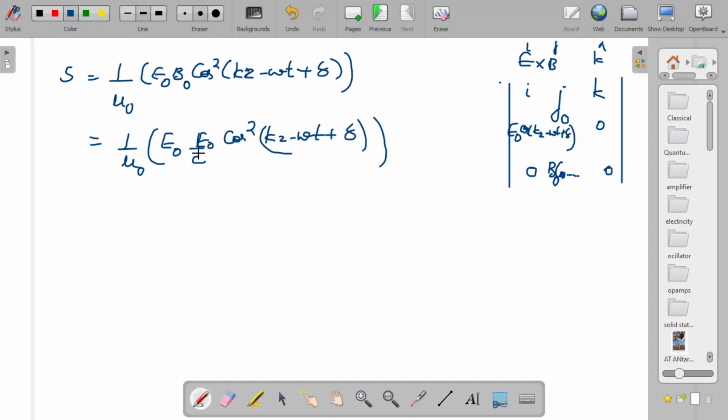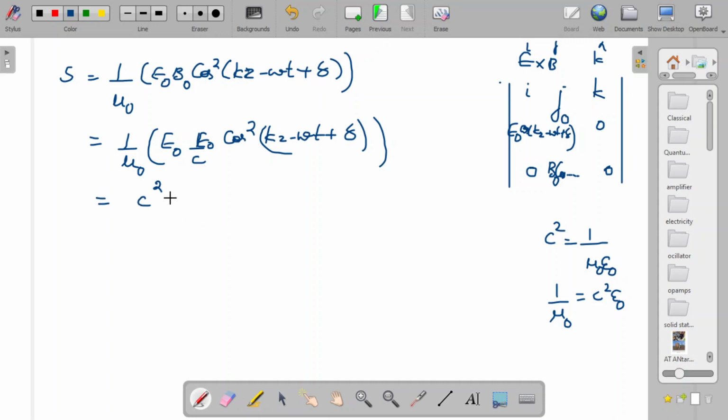Okay, then there is E0 square. Then what is C square? C is actually 1 by root of mu 0 epsilon 0, or C square is 1 by mu 0 epsilon 0. Then I can write 1 by mu 0 as what? 1 by mu 0 will be C square epsilon 0. So then I can substitute for 1 by mu 0. Then this becomes C square,